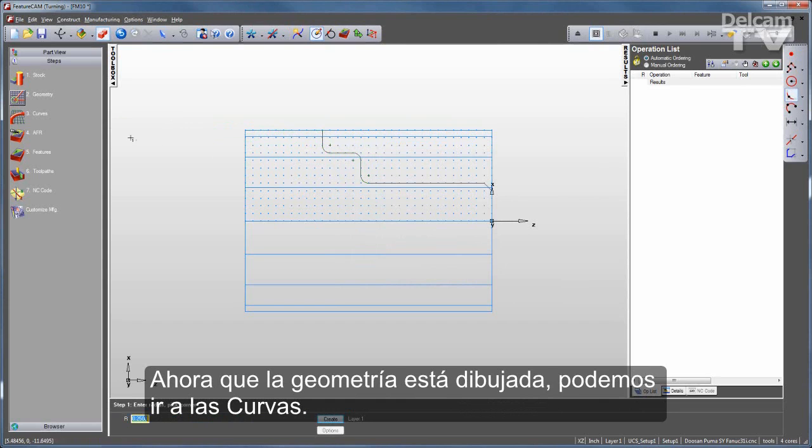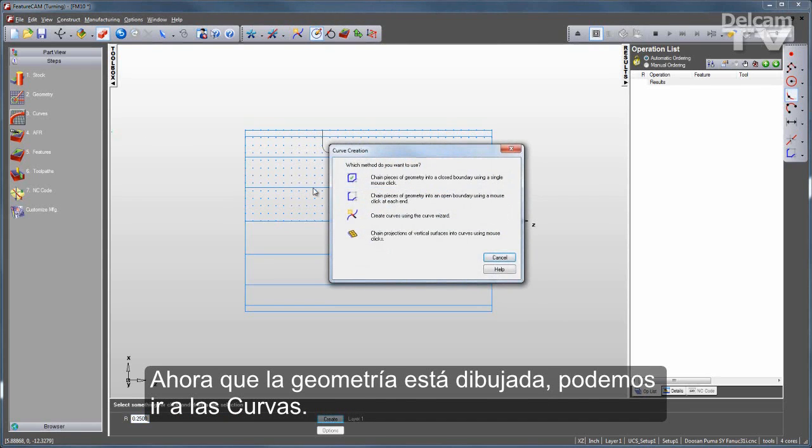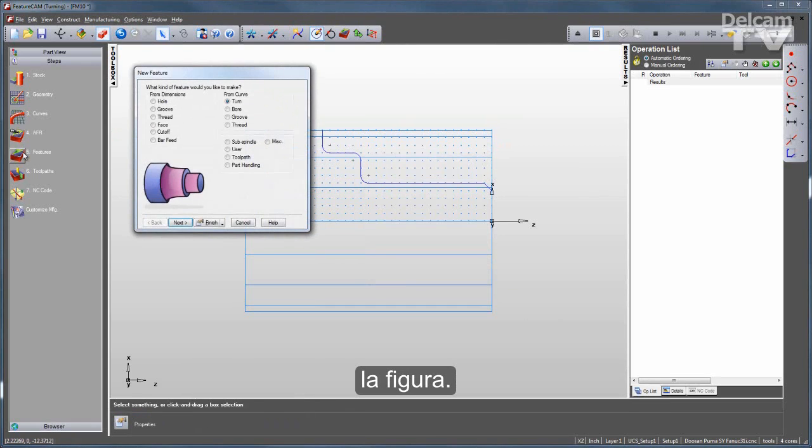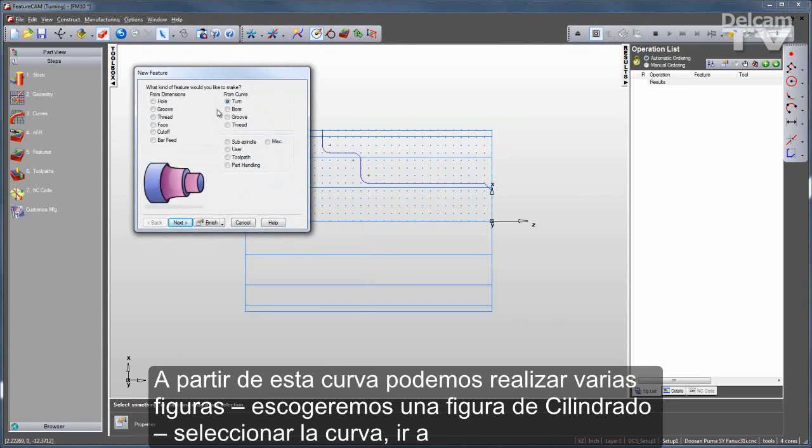Now that my geometry is drawn, I can go to my curves. I can chain these pieces of geometry into a single profile that I can now use to create my feature. From this curve I can do a variety of features. I'll go with a turn feature,